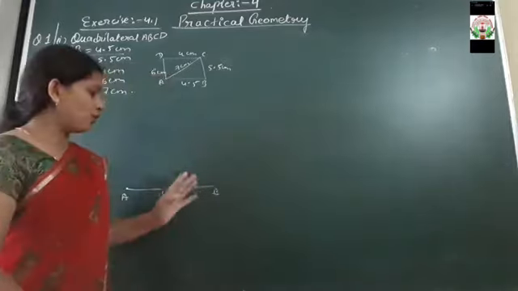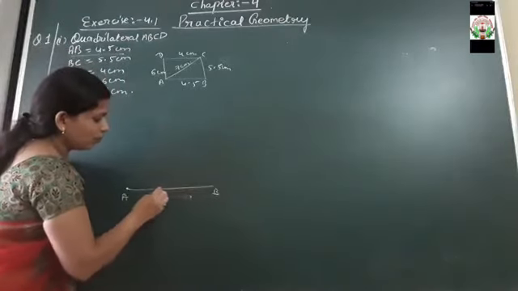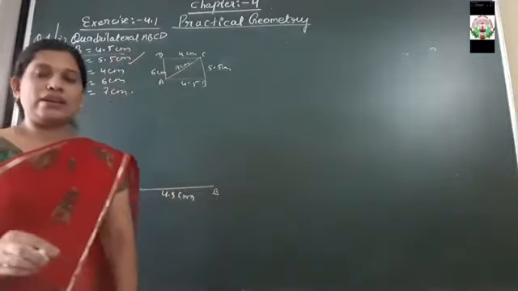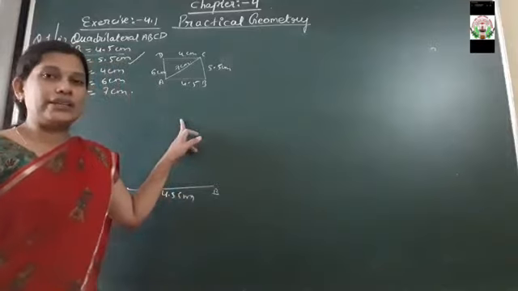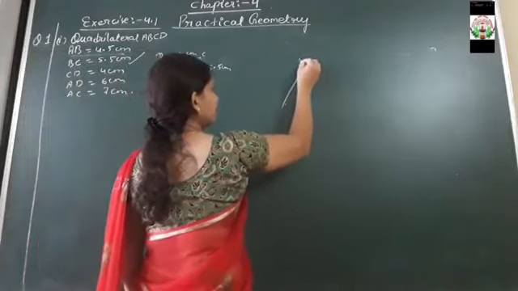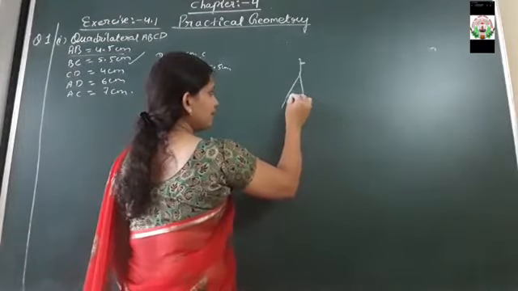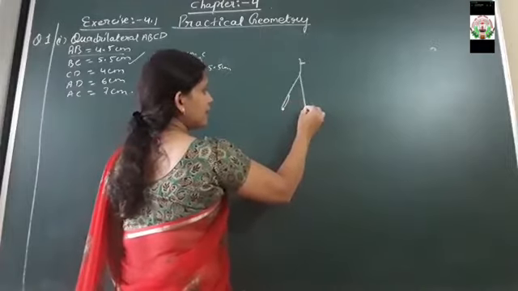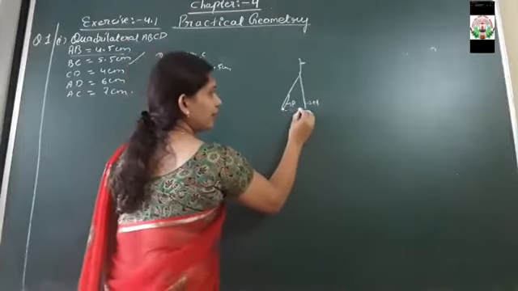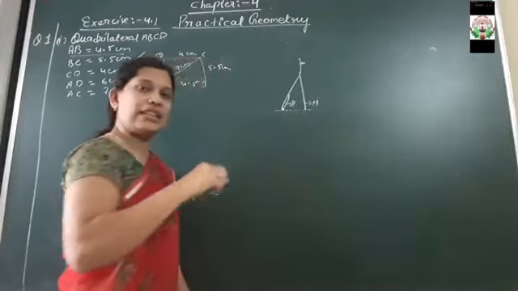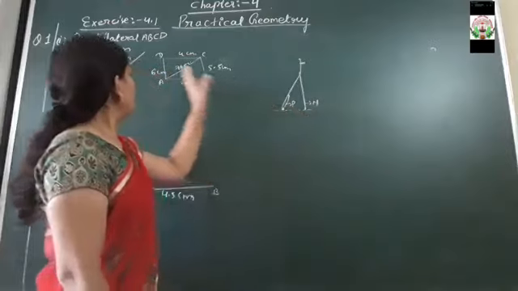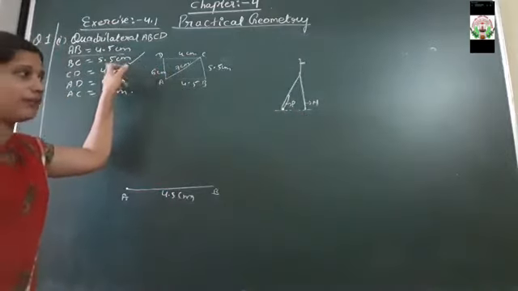ठीक है. Now what you have to do, student, for the measurement BC, take the measurement. You know how to take the measurement in the rounder. Suppose this one is your rounder. Okay. This one is the pencil. Okay, this one is the needle. Both should be in the level form. Now with the help of this rounder, you have to measure. What you have to measure? You have to measure 4.5 centimeter with the help of the scale.